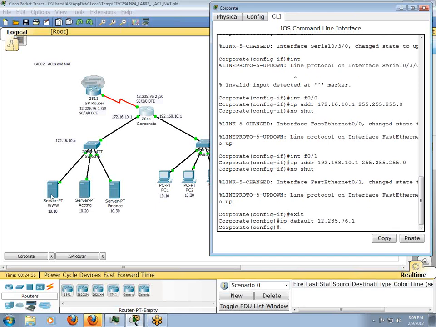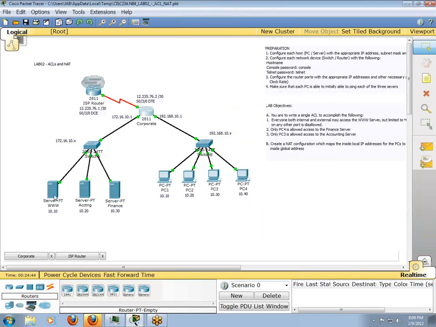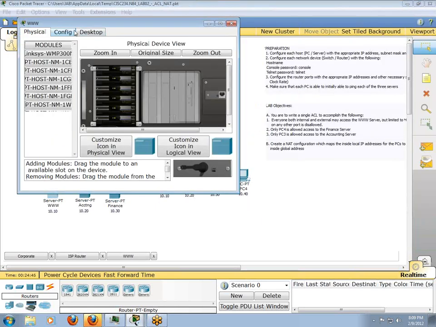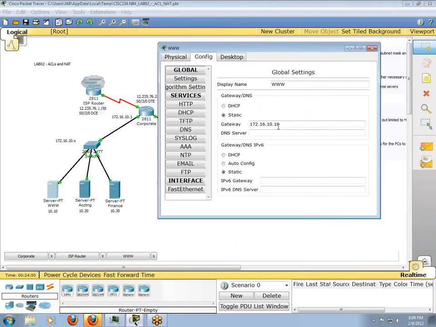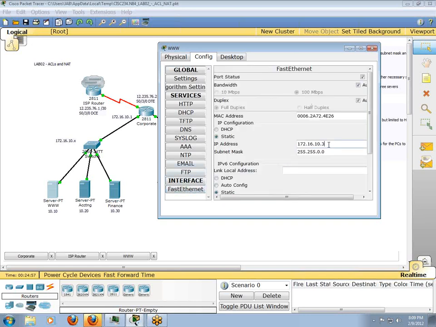I don't recall. Do we have all of our IP addresses set on the host? Do I have to set those? Okay. Let's go in and do that. So to begin with, my gateway should be 1. My fast Ethernet should be,